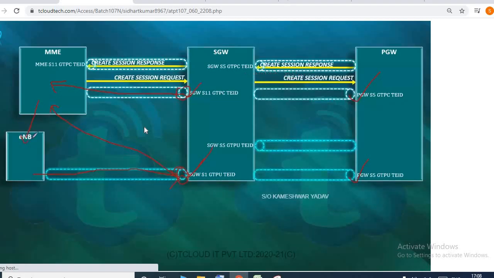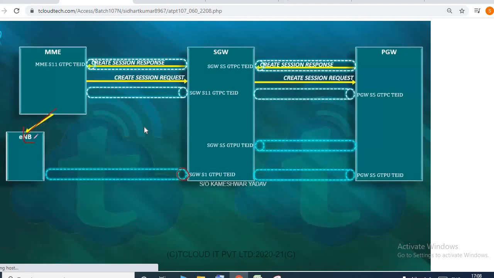I must do it. So what does the MME do? The MME decides to send an S1AP protocol message to the eNode B called the initial context setup request. In that, the MME tells the eNode B, I'm telling you the S gateway's tunnel ID. Note it down. Keep it with you. After the EPS bearer is successfully created, if you want to send any uplink traffic,